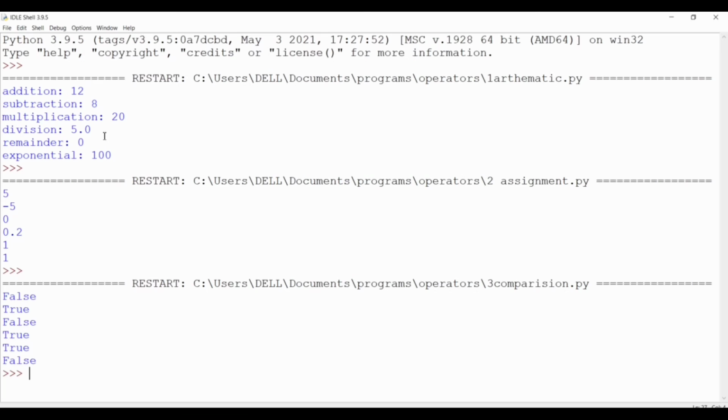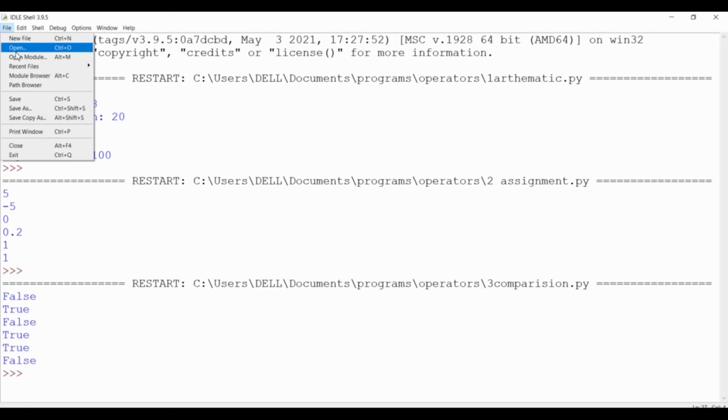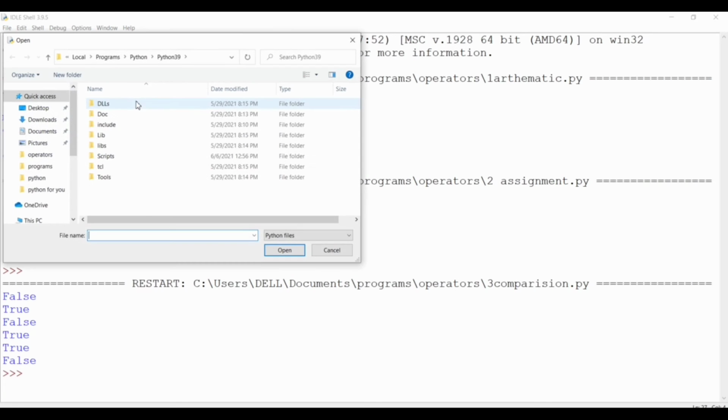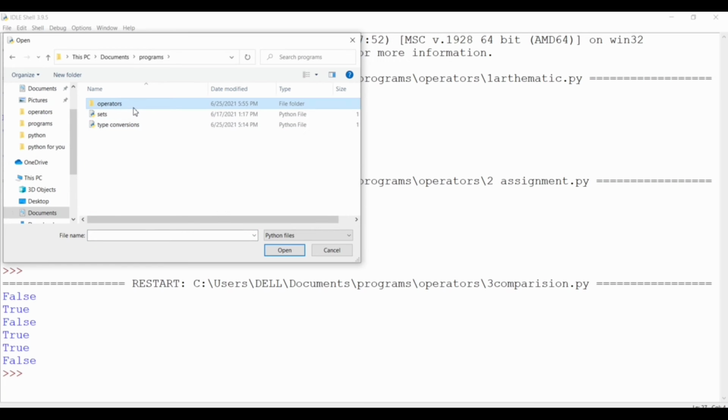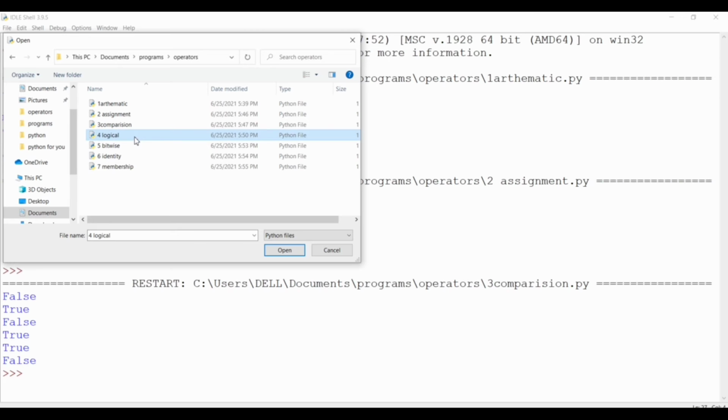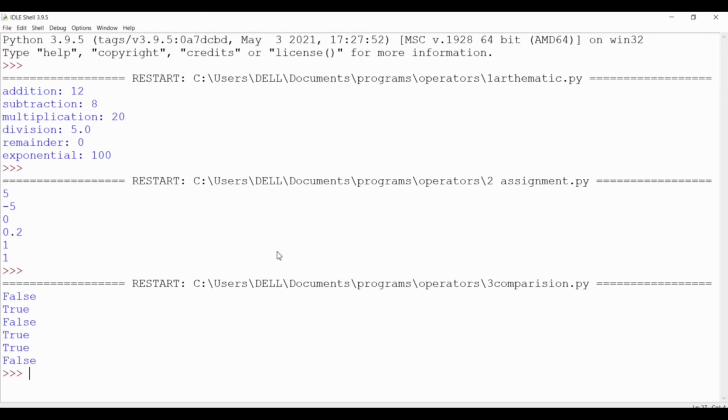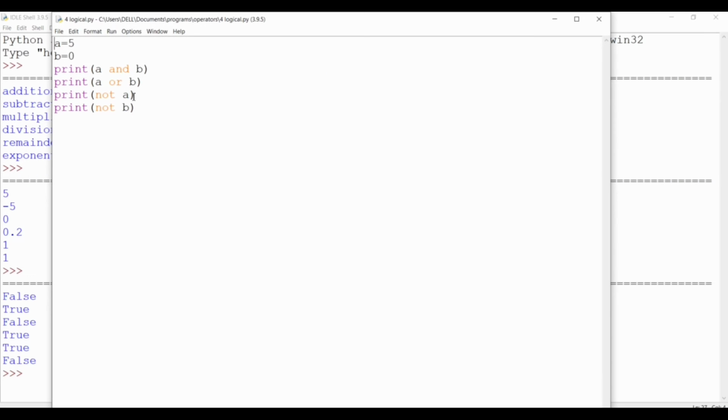Let's do a program for it and see the outputs. Here I have mentioned two variables, a as 5 and b as 0, and used a and b, a or b, not a, not b.